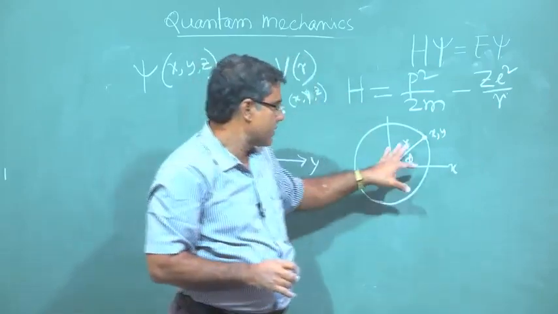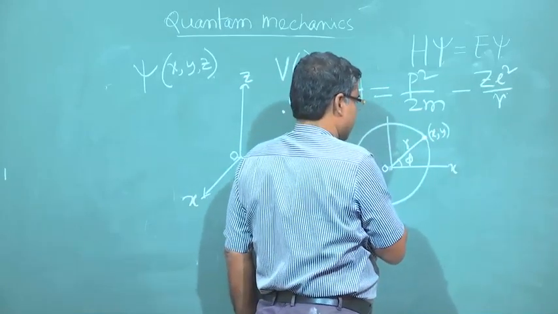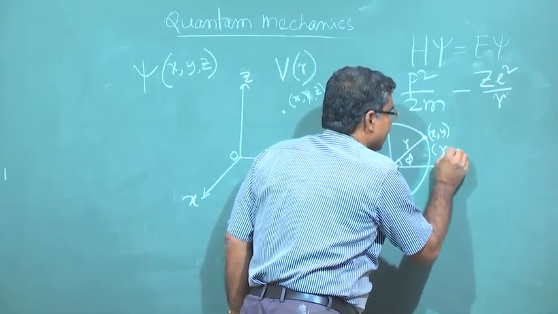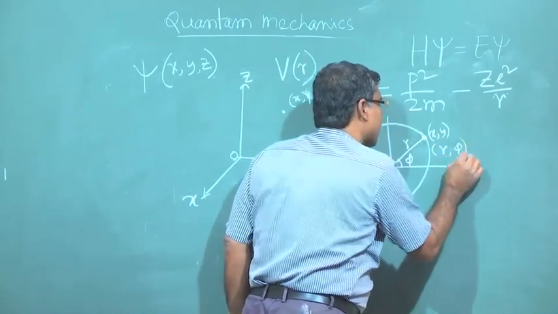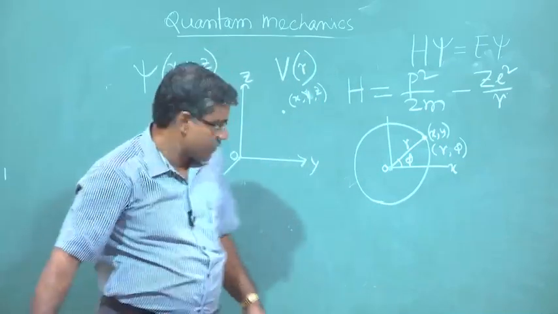That way we fix it. So either we can use x, y Cartesian coordinates, or we can use r, phi in polar coordinates. Now when it is in three dimensions,